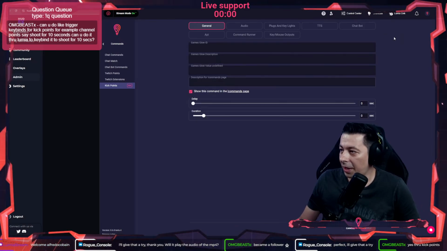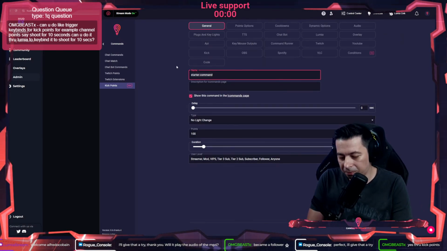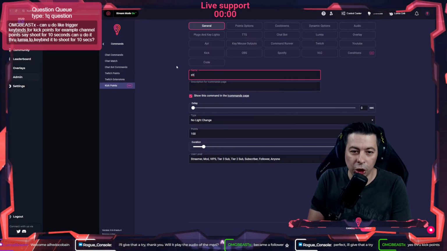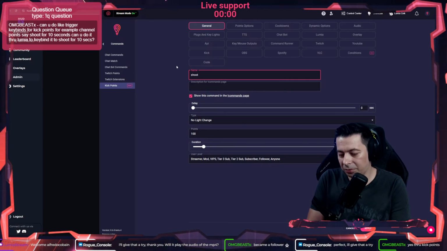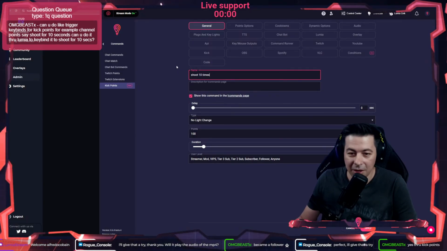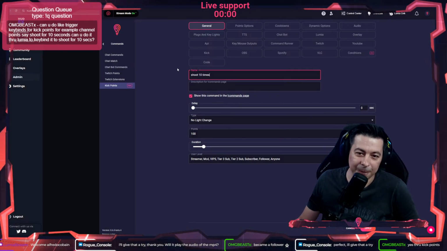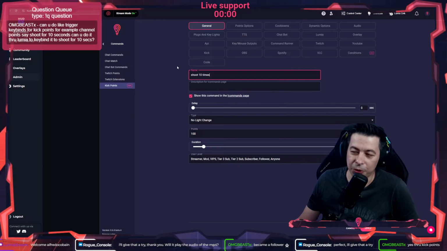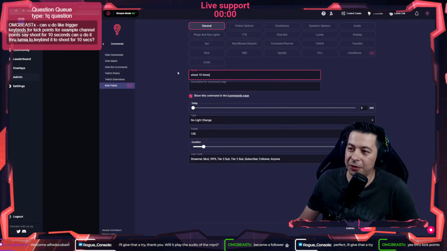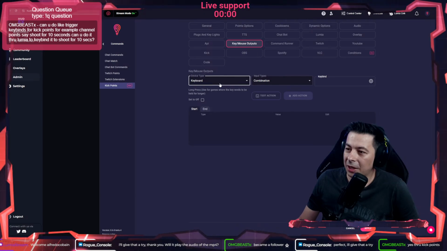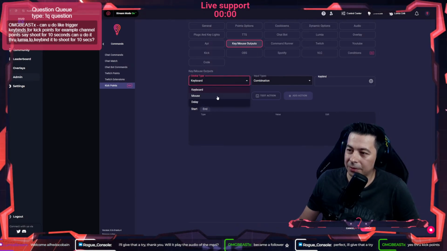So let's add a command and say shoot 10 times. So you wanted this command to trigger your mouse or trigger your keyboard, because over here you have key and mouse outputs, and if you click it, then you can say keyboard or mouse.